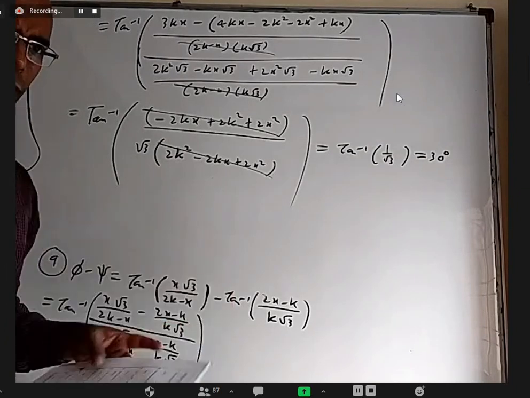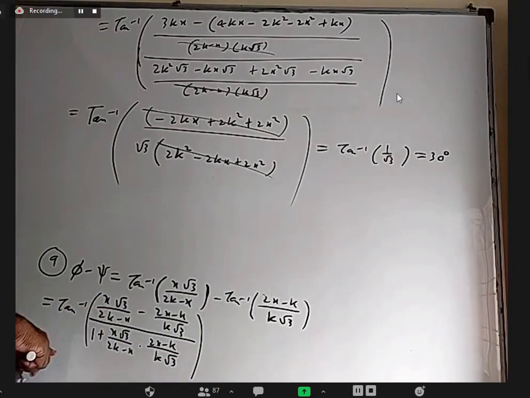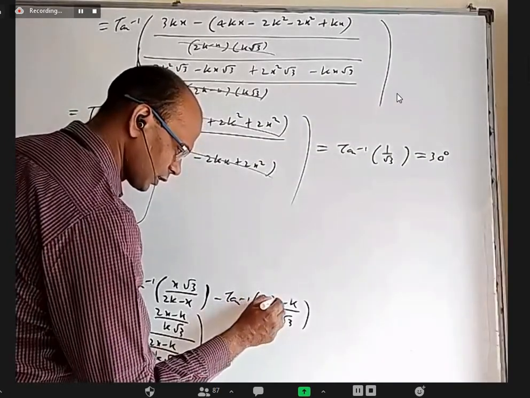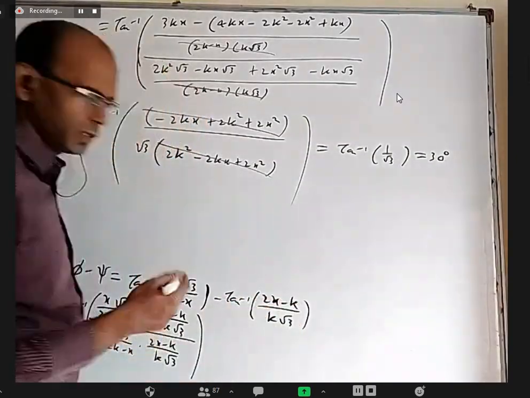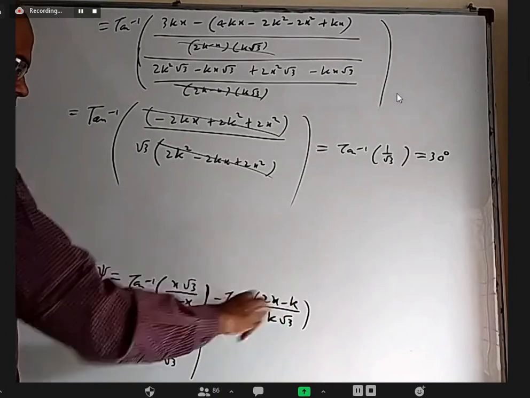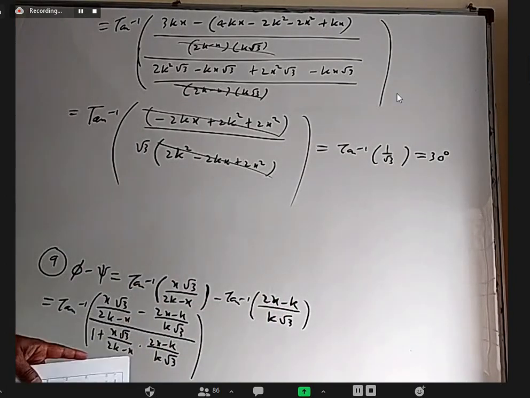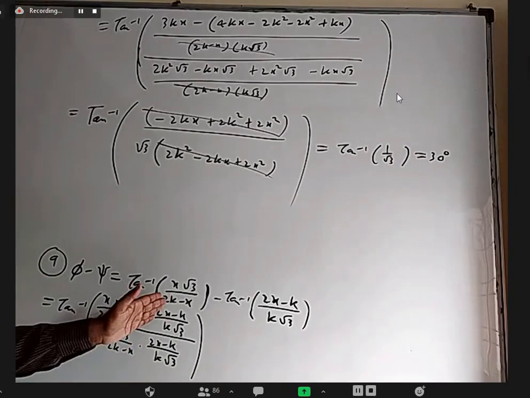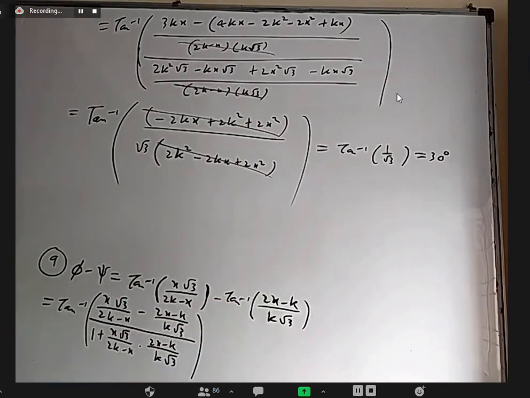Of course, as a student, maybe it's not so much required for you to worry. You just do it, it will come. But I'm more worried: after simplifying, the answer is coming, it's okay, but how did somebody get the idea to make this question? That is, which expression should we take here so that it will come? Maybe this is something like 15 plus theta, and this is something like 15 degrees minus theta. Maybe. I don't know.